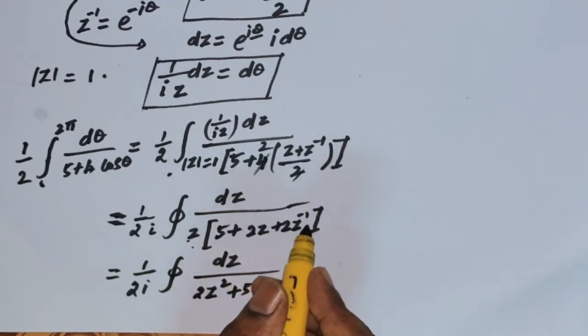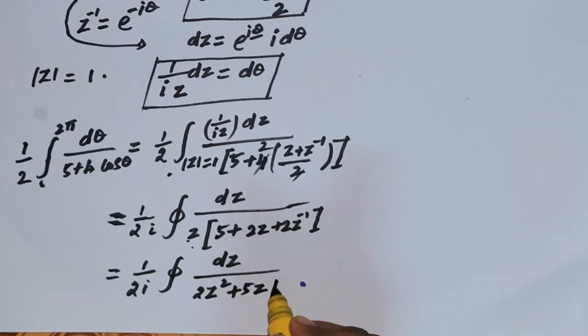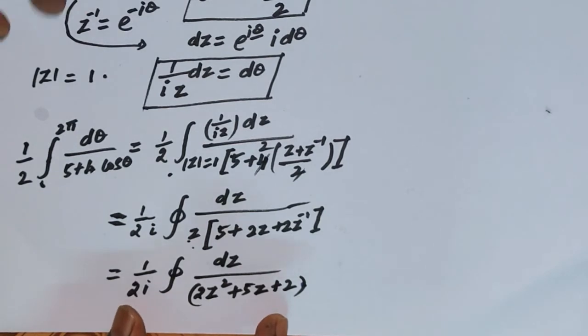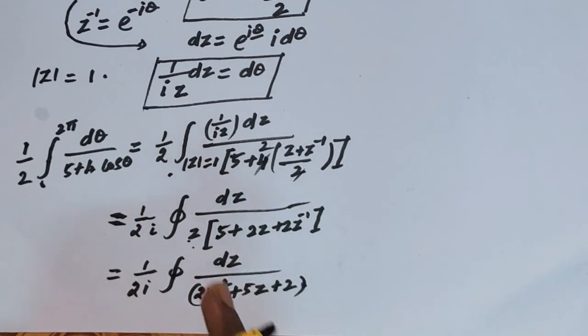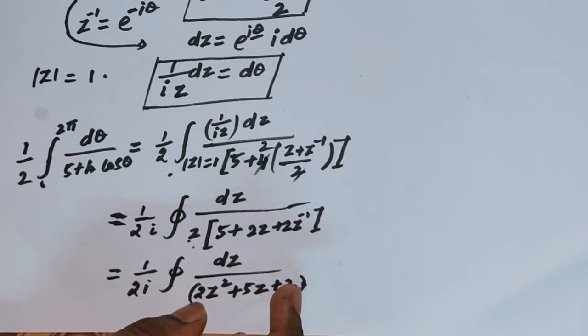If you are z into z inverse, it would be z power 0 1 plus 2. So this is actually a complex plane integration. Now what we want to do, we are going to use the residue theorem to solve this integration. We need to find the pole, that means where the function goes to infinity, that is the pole.